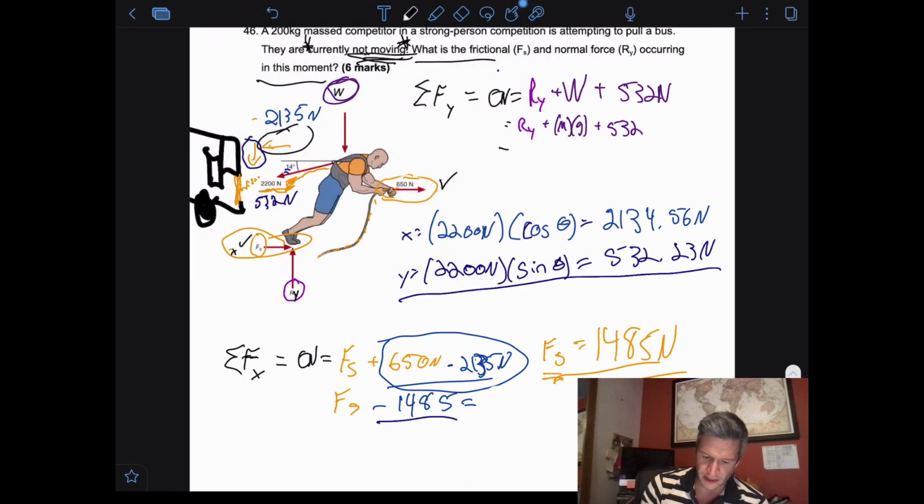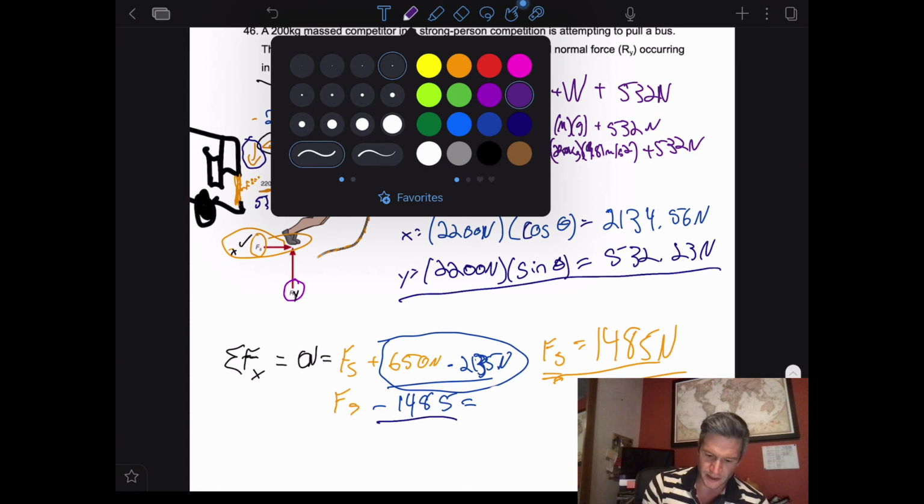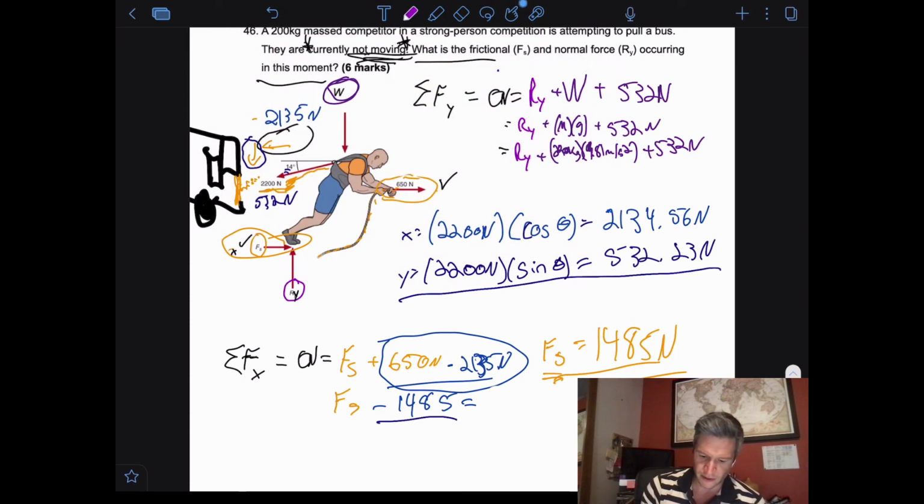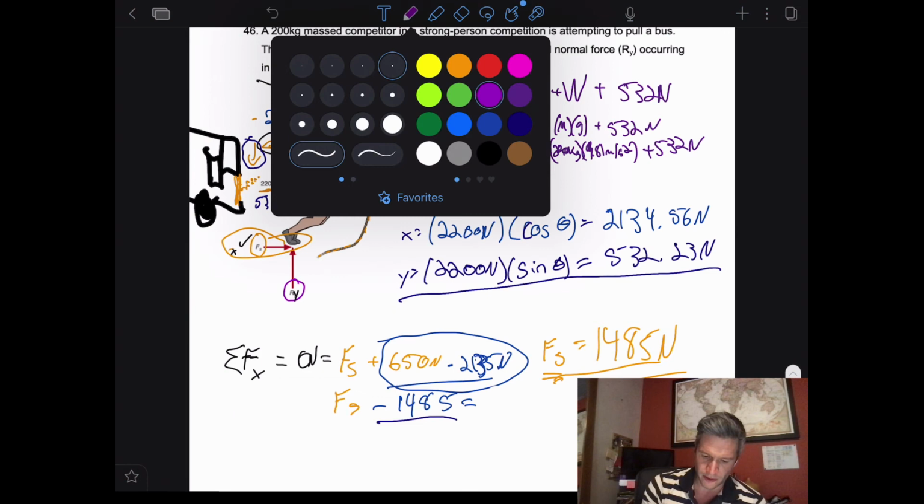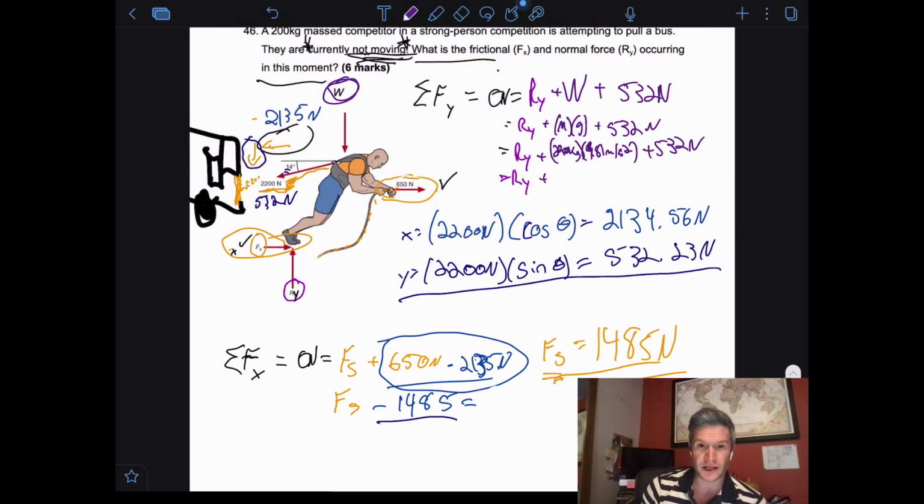What we get down here, once we plug in our mass, which is 200 kilograms, sorry, that's 200 times 9.81 meters per second squared, plus 532 newtons. Right, we're going to calculate that all. And what do we get? Well, we get Ry plus, did I calculate that out? Yes, it looks like